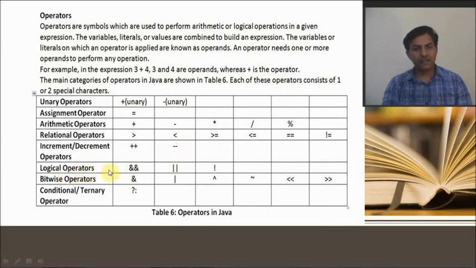Logical operators, that are and, or, not. Same bitwise operator, we are using and, or, not, then complement, left shift or right shift. Last one is conditional or ternary operator, that is question mark and colon. All these are the types of operators we are using in Java.